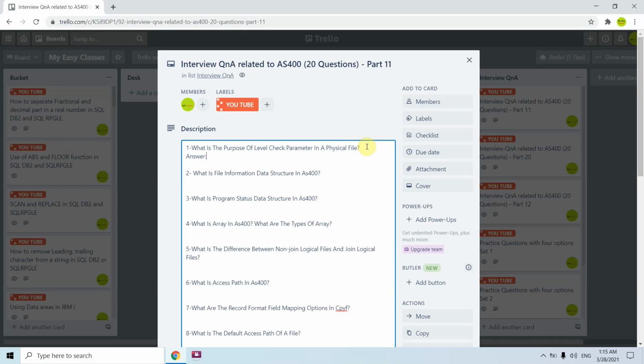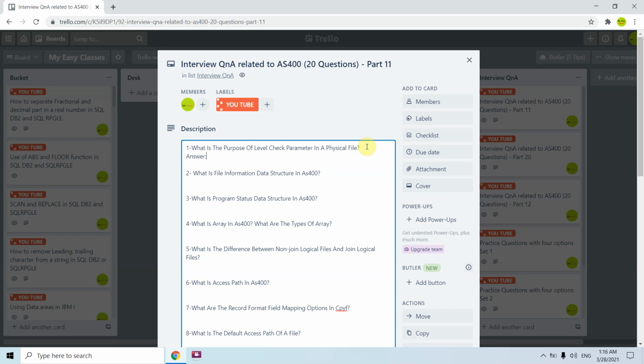In case I am using that physical file in one of my programs, and I specified the level check parameter *YES, then the level identifier gets matched with the level identifier saved by the program. For example, I created one physical file and then a program, and the level identifier of the physical file gets saved into that program.